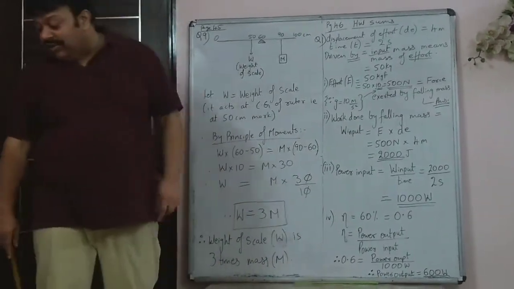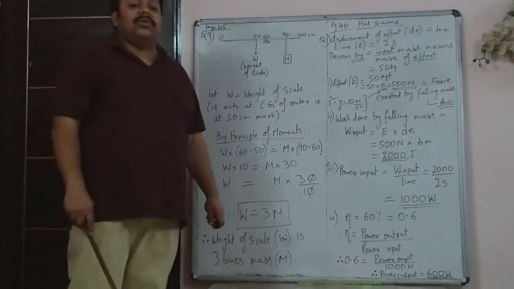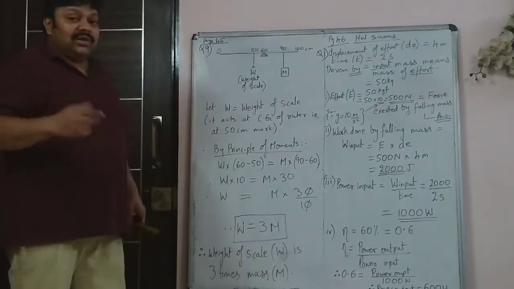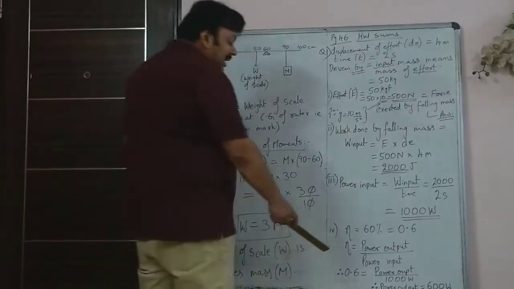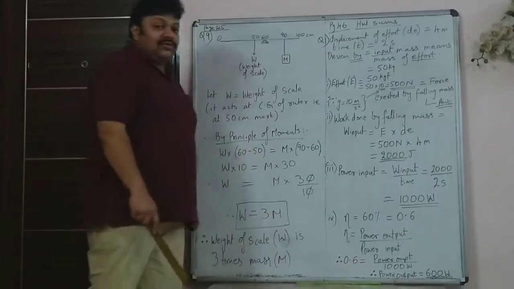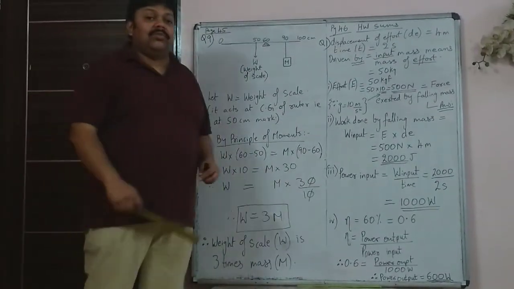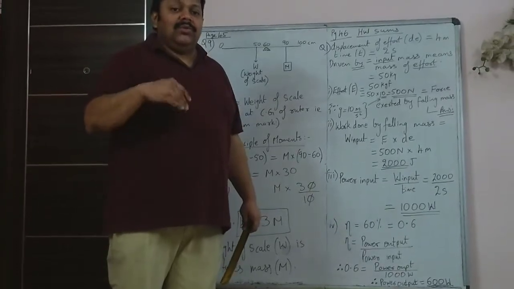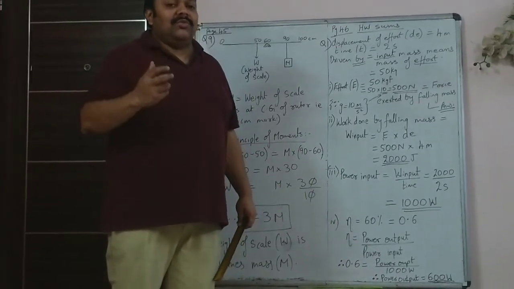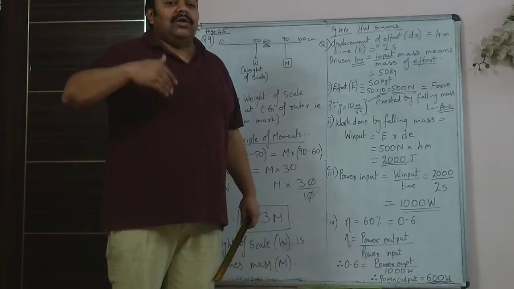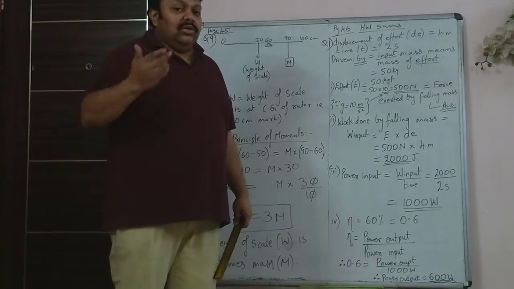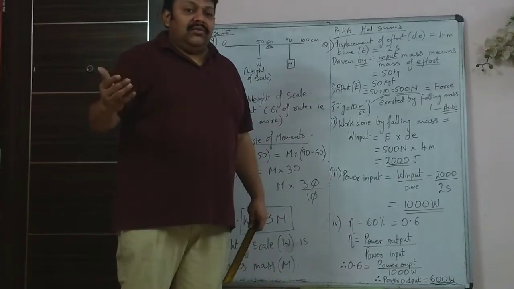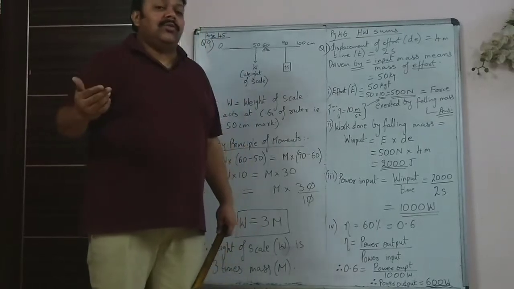Now you are given, if the efficiency of the machine is 60%, find how much is the output power. Directly you can use the formula: efficiency is power output upon power input. You had work output upon work input, but work upon time, see now how much time the machine works. Work input and work output, the time for the input and time for the output will be the same.